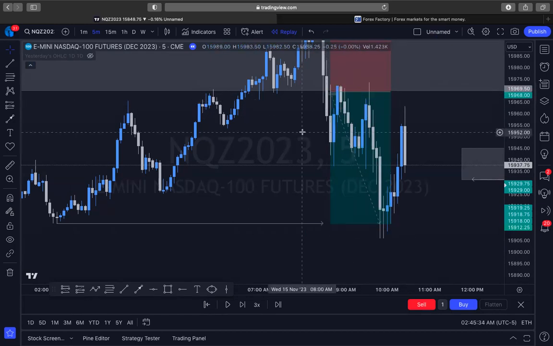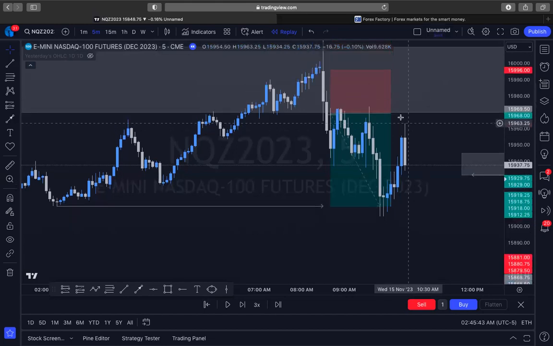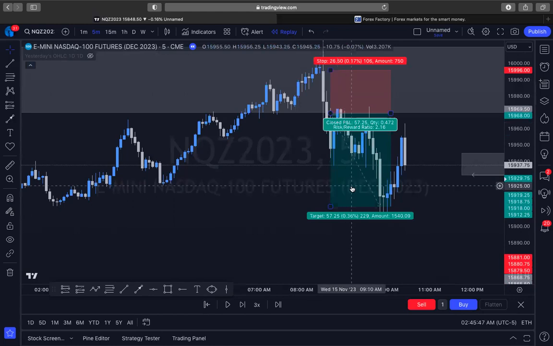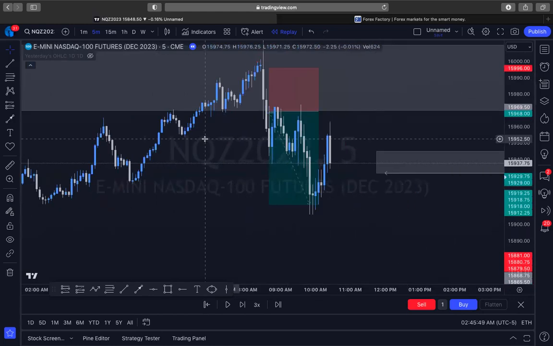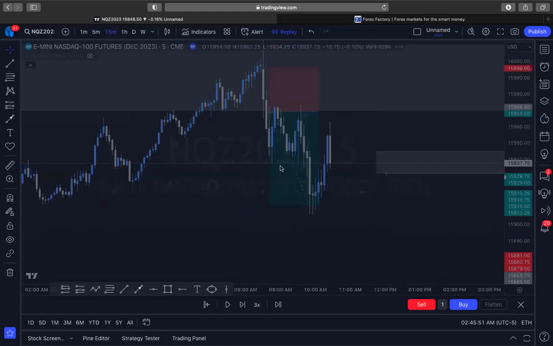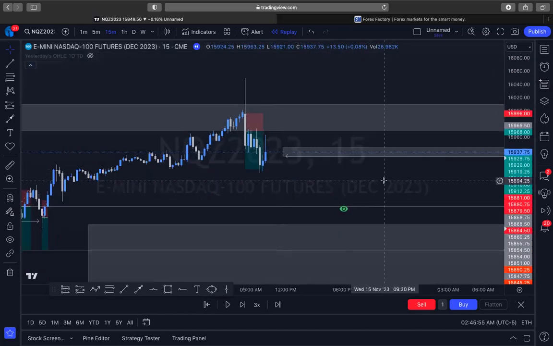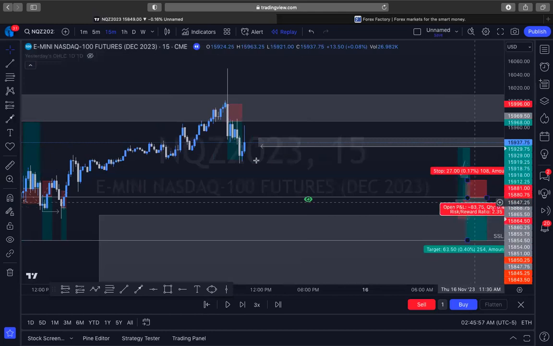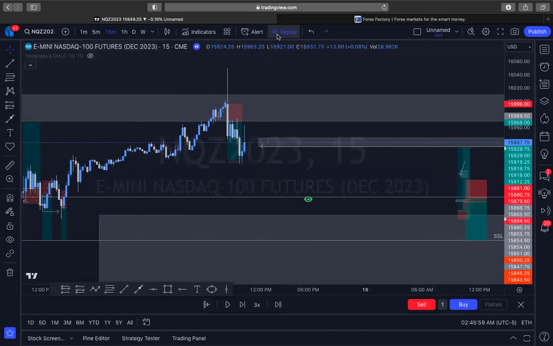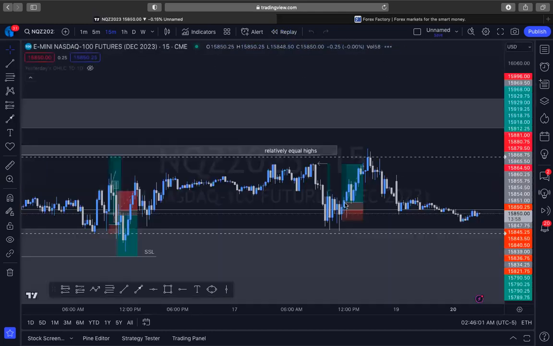You find your one setup, you find your strategy, you follow your rules, and these are the type of trades that you get when you follow your rules, right? So moving forward, let's go ahead and see what we were doing for Thursday. If I'm not mistaken, I don't remember exactly our Thursday trades, but they're going to be right here. So let's take a look at those trades and see what we did that day.